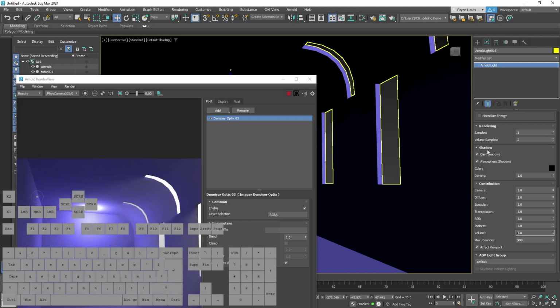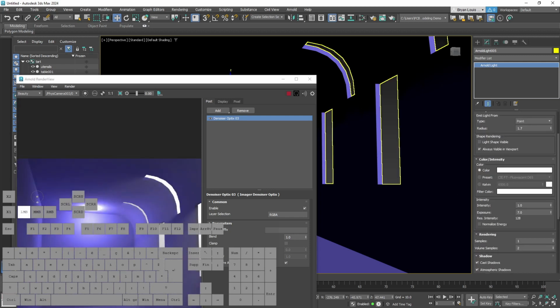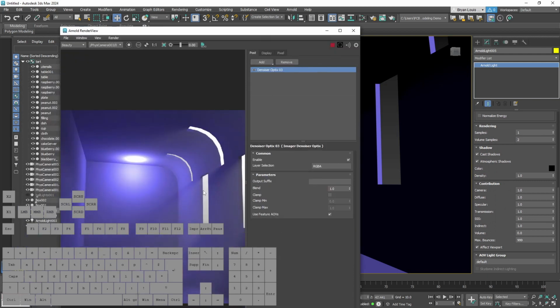Kung gusto niyo rin, yung atmospheric shadows natin, again, since ray of light din yan, sometimes it can cast shadows. Kapag may nakikita kayong unnecessary shadows dun sa lighting nyo na nanggagaling dun sa volumetrics nyo, pwede nyo rin i-click tong si atmospheric shadows. It minimizes that. But yun nga, it's a very rare occurrence naman. Pwede nyo leave it alone naman dyan. But pag may napansin kayong unnecessary shadow na hindi nyo gusto, click nyo lang to, atmospheric shadows, okay? So that's pretty much it for volumetrics as a whole